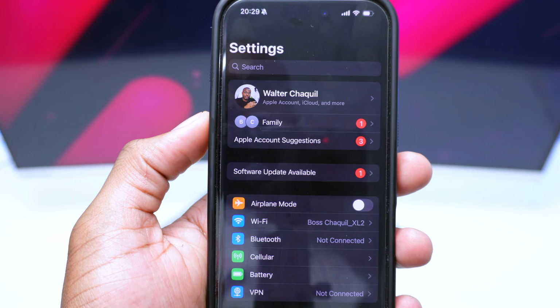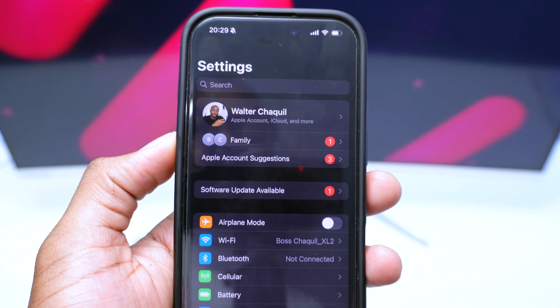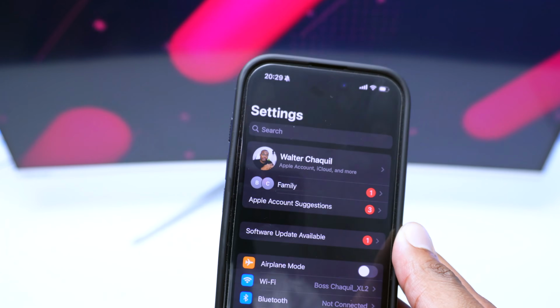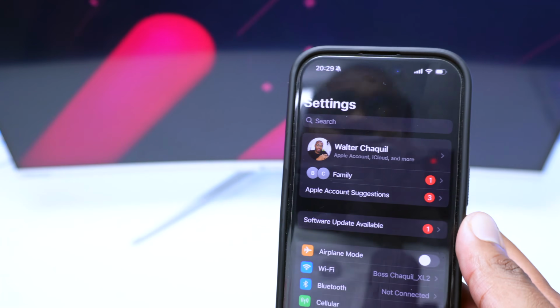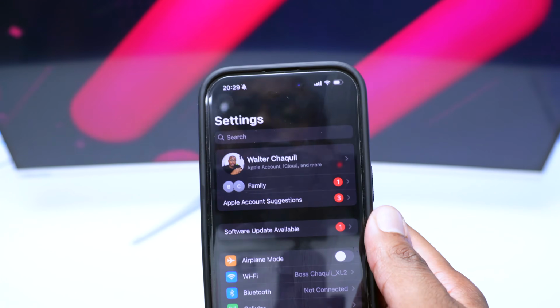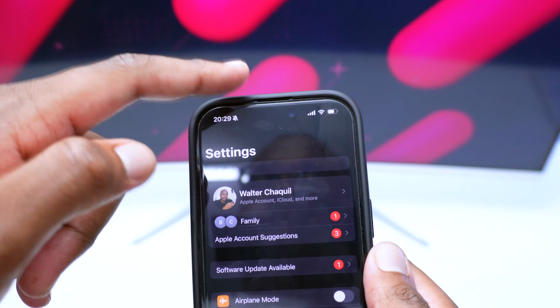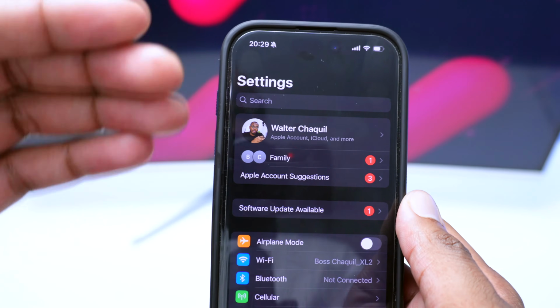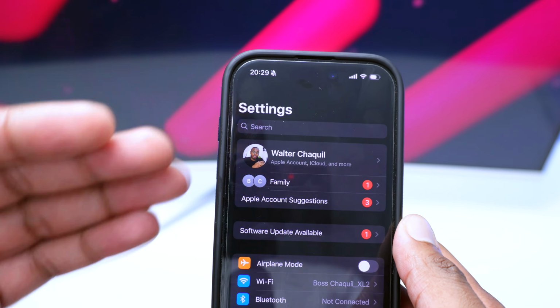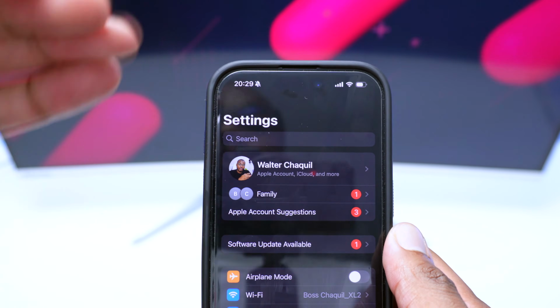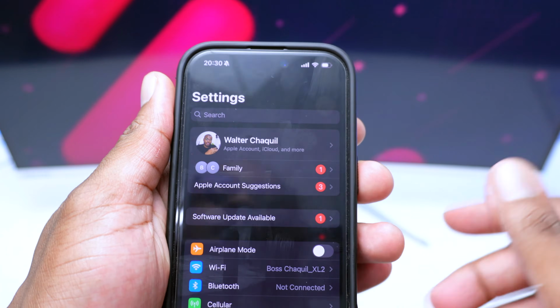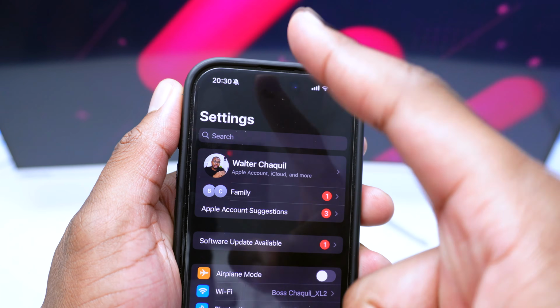What's going on YouTube? In today's video, I'm going to quickly show you how to fix the issue of having low call volume on your iPhone, whenever you're trying to call somebody or speaking to someone and your speaker keeps on playing at a very low volume, or simply if you hear somebody but at a very low volume. Do not worry, in today's video, I'm going to show you how to diagnose this,